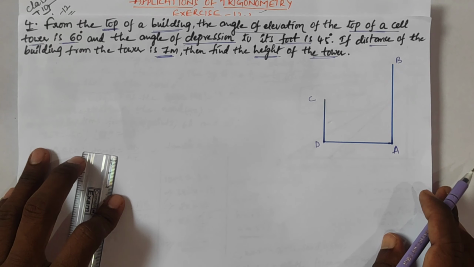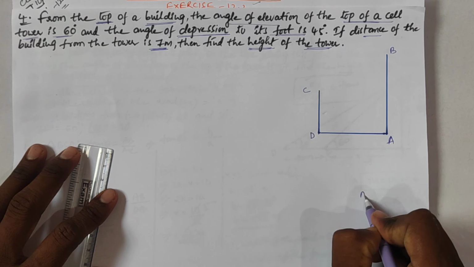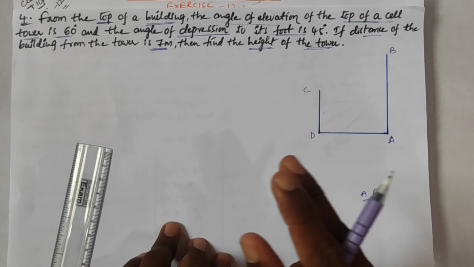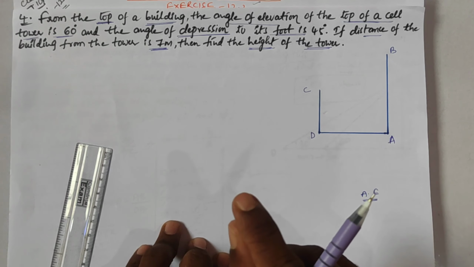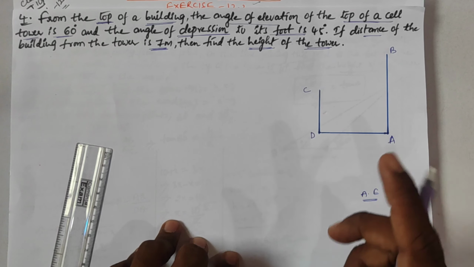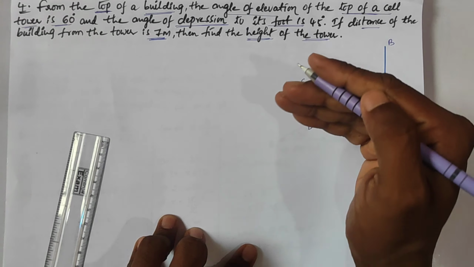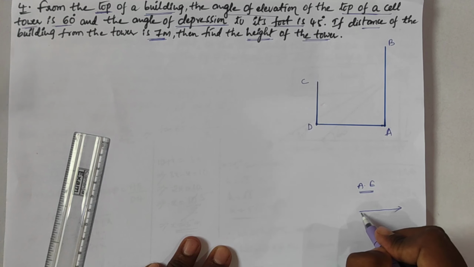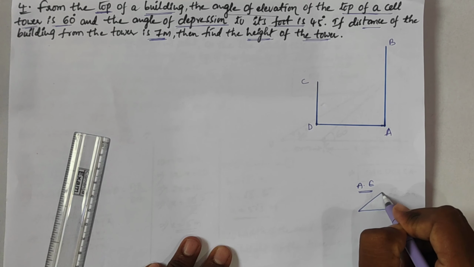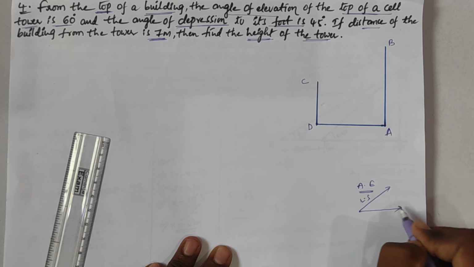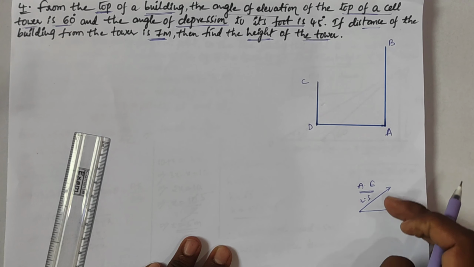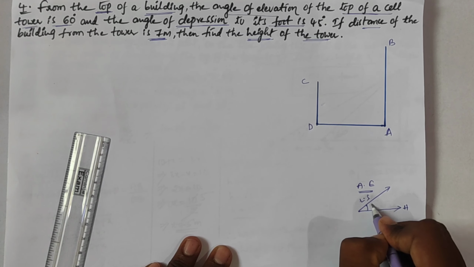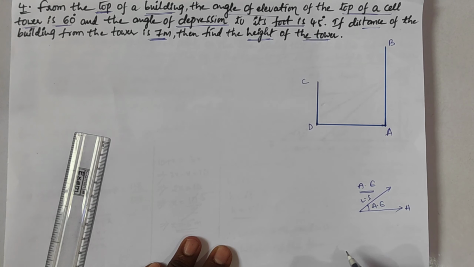So once we'll recall the meaning of angle of elevation and depression. We have to know about two things: first, the horizontal line and the line of sight. See here, this is a horizontal line. If the line of sight is above the horizontal line, and the angle between the line of sight and the horizontal line is called the angle of elevation. Simple.